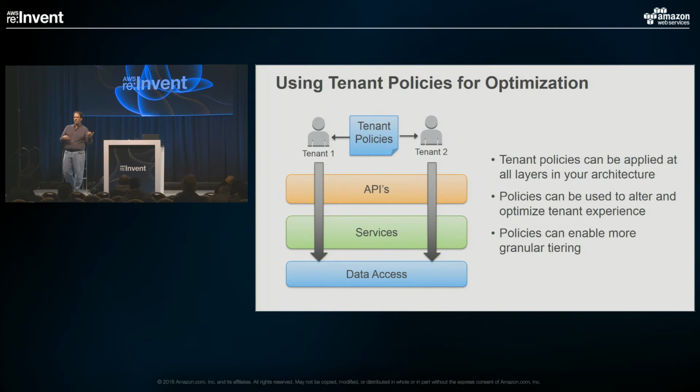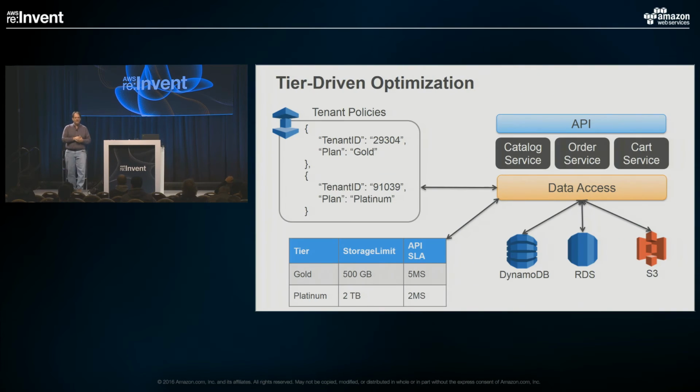It might be at the actual API entry point, could be within the actual services, might be somewhere down in some data access layer. By having this centrally accessible policy, I get the opportunity to introduce these policies at any one of those layers. Now, the simplest example of applying these policies isn't really about an optimization. It's really just about the typical sort of tiering model that you would apply in a SaaS solution, for any